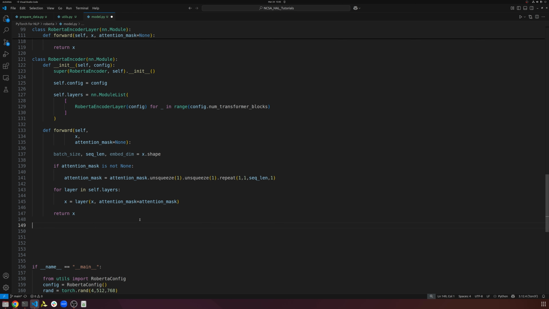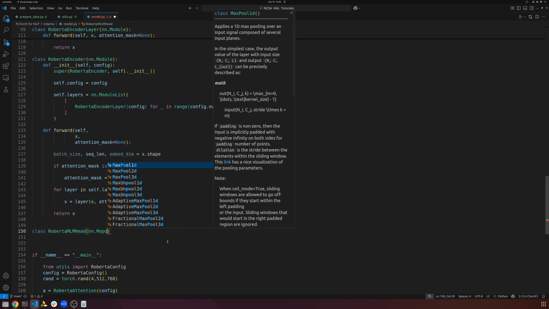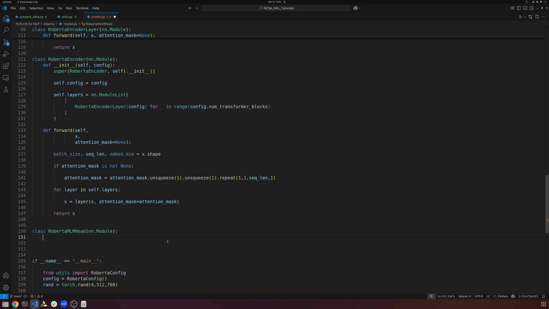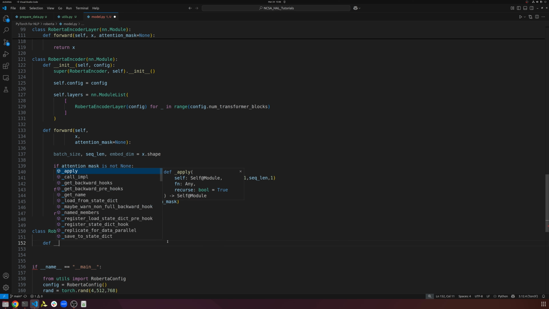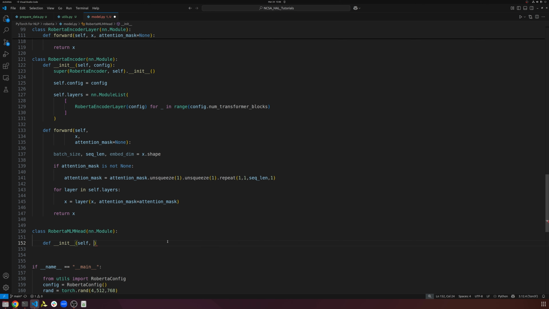This is the encoder that will process the text, but we also need the part of the model that will actually predict what is the next token, right? So the actual prediction part of the model. So we're going to call this the class RobertaMLMHead, the masked language modeling head that will predict what this token is supposed to be. What's the correct answer? def __init__(self, config)